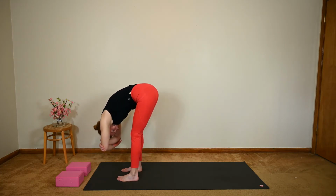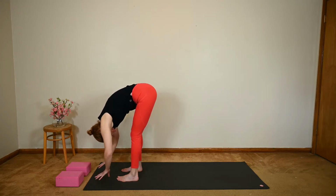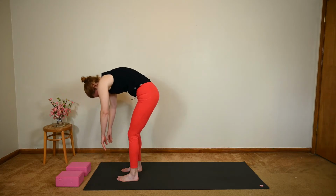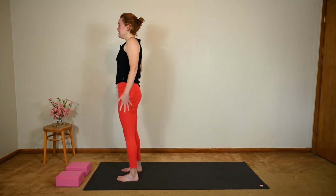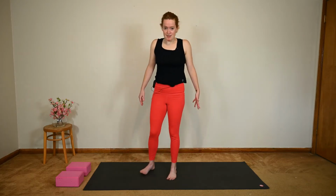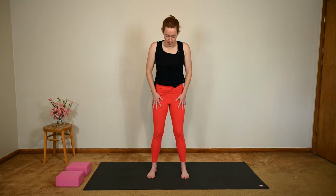And then release, lift the arms, slowly ragdoll your way up to stand, roll the shoulders up, back, and down as you get there. And then come to the middle of the mat, feet hips distance, and we'll do a breathing exercise to demonstrate Uddiyana Bandha. So stand,